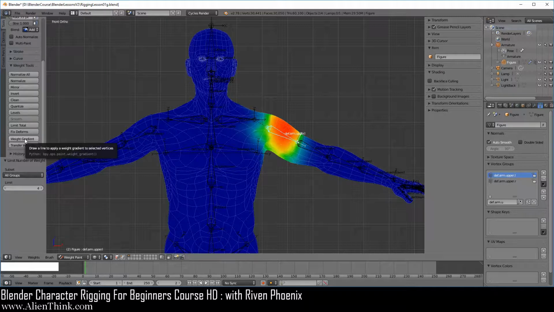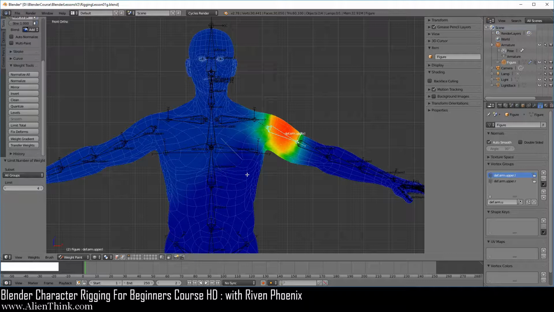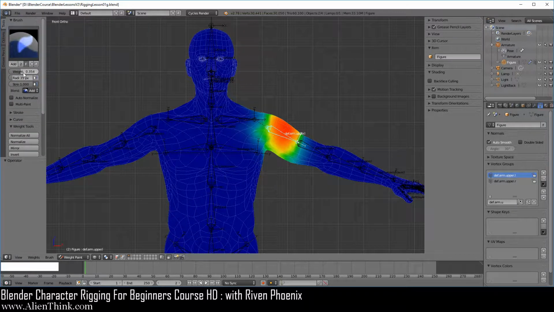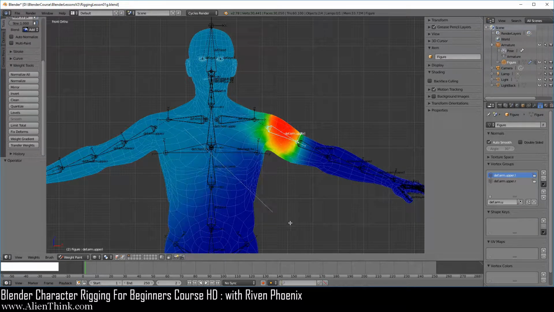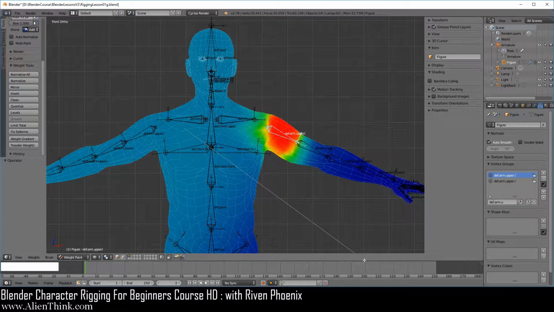It's going to be more useful for large pieces of clothing, or let's say some kind of a ribbon or something. If you click this, as soon as you click it and drag your mouse, everything behind it will start to get the initial starting value, and it will start to create a gradient. I'm going to press Control Z to undo this. Actually, increase this quite a bit. Now if you click on weight gradient, you'll see that it's letting you create a gradient like this. Now this is actually not very practical to understand. How do you even use this thing?